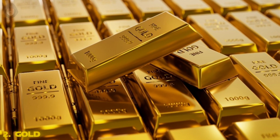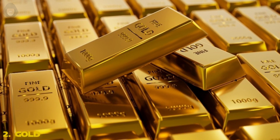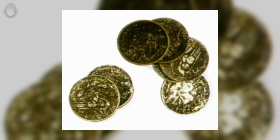Number 2. Gold. Much like in real life, this was a metal with various usages. Not only was it acceptable as a form of good itself, being able to be turned into jewelry or other physical items like wires, it could also be used to form other currencies, with one of those being